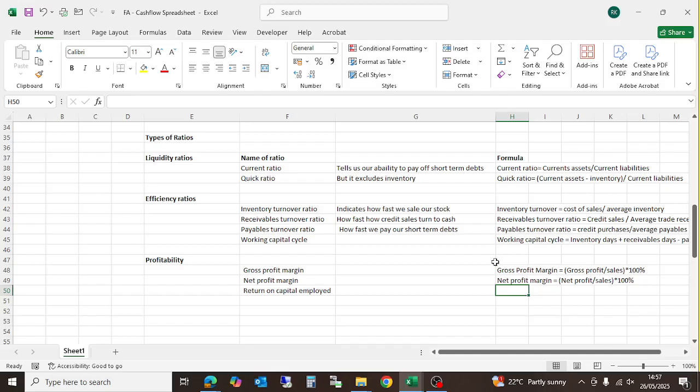And then we have the return on capital employed, self-explanatory. It measures the return on the business's capital, the return from the total funds you invested in the business. It shows you how much you've gained on your capital. That's the return on capital employed, also known as ROCE, just an abbreviation for it. The formula is we get our operating profit divided by the capital employed times 100. So we'll have our operating profit